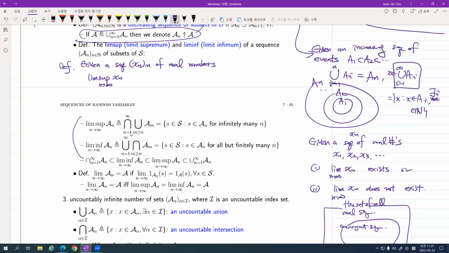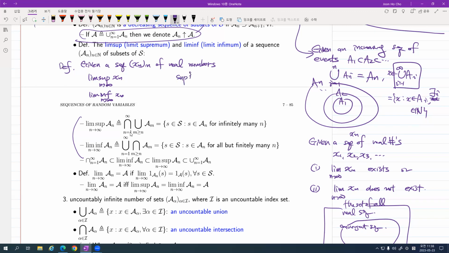So this is the notation, lim-sup of x_n. It's not the limit of x_n, okay? This is lim-sup of x_n. How do we define it? And lim-inf of x_n. It's similar to, as I told you, the supremum of the limit points, but it's a little bit different. So what we do, if I remember correctly, is this.